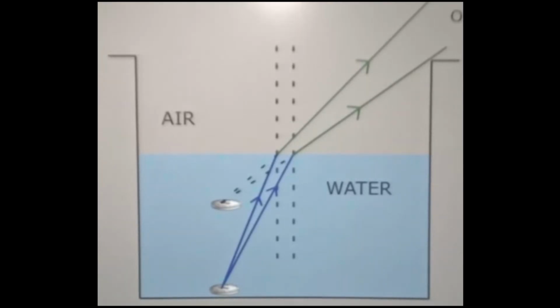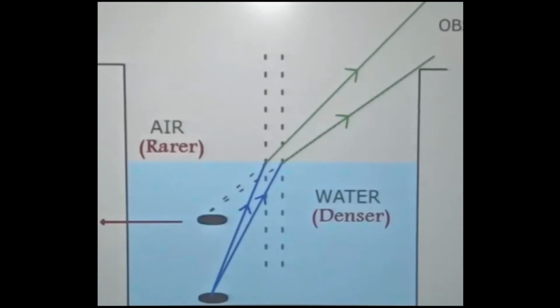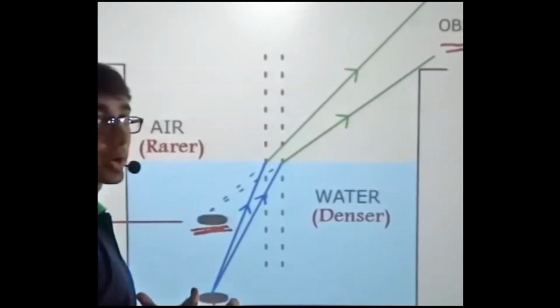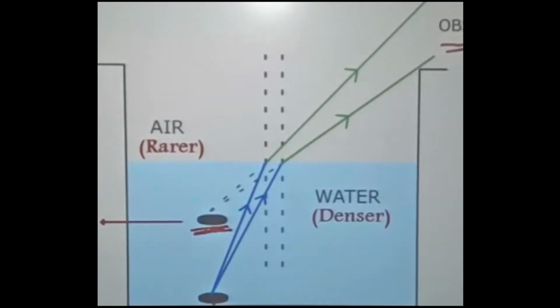You will notice that on extrapolation of the refracted rays, the image of the coin is obtained at a position that does not correspond with the actual position of the coin. This position of the coin where we get the image is raised, and it is above the actual position of the coin, and it is from this point that the observer thinks that the rays of light are coming. Thus we see that the point of intersection of the refracted rays giving us the image is not the same as the actual position of the coin.